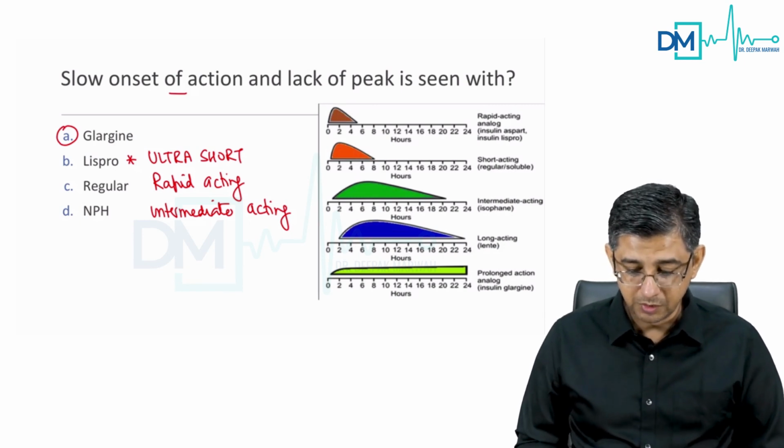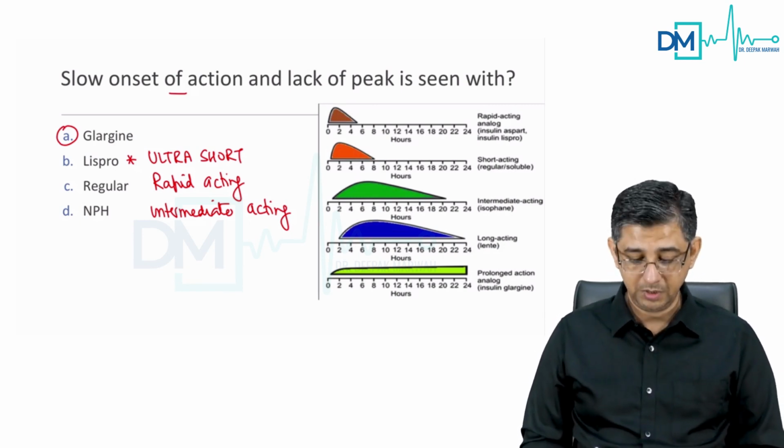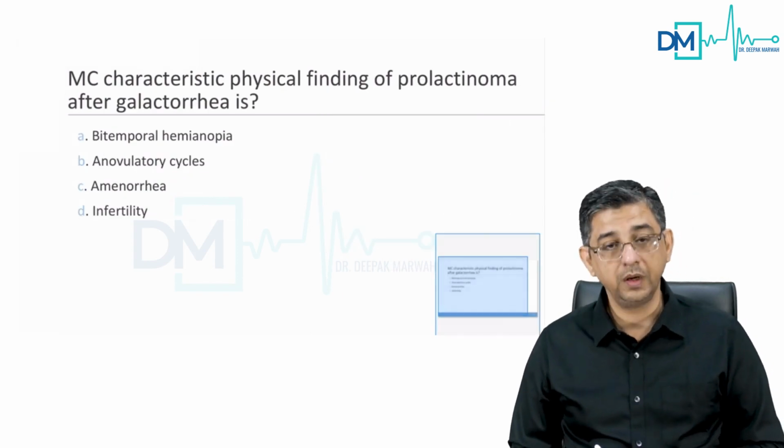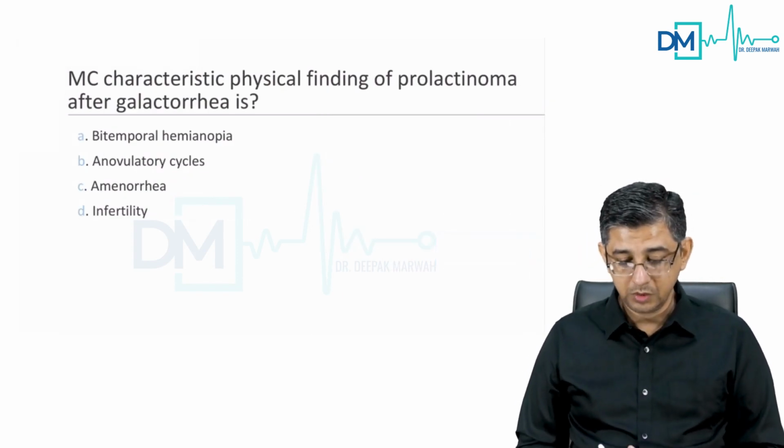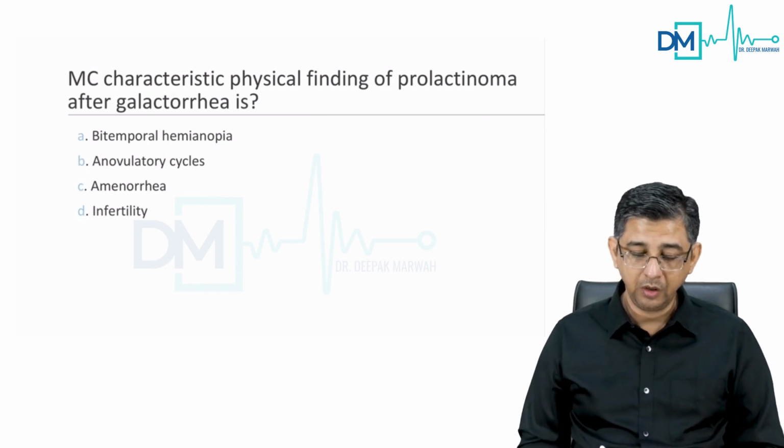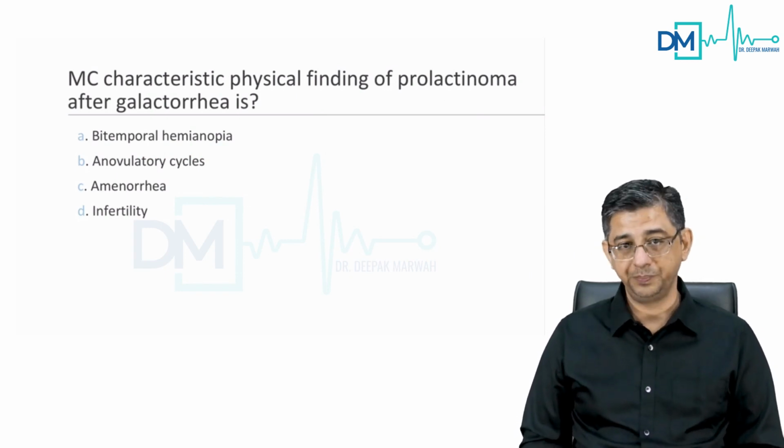Answer to this question: slow onset of action and lack of peak is glargine. Moving ahead, the question says, what is the most characteristic physical finding of prolactinoma after galactorrhea? Well,